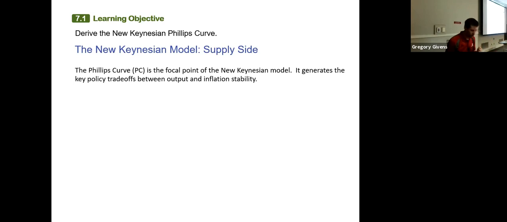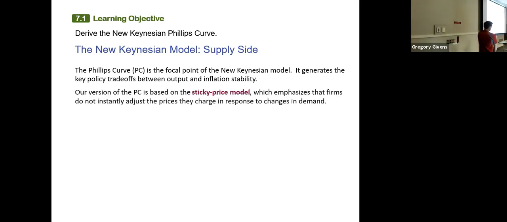All right, our version of the new Keynesian Phillips curve, to provide some theoretical underpinnings for it, is based on a particular model of the economy called the sticky price model, okay? Don't know if you guys have heard of this particular model before. You may have covered it briefly in another macroeconomics class. So the sticky price model essentially has a couple of